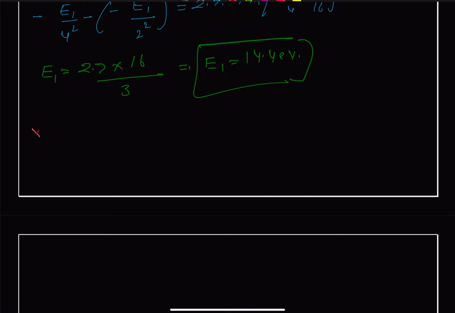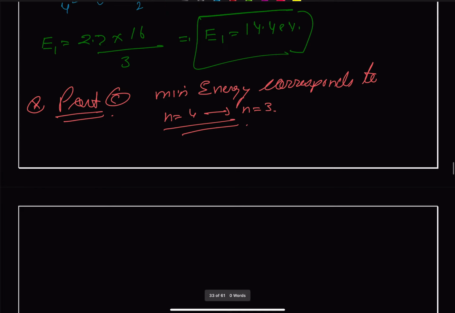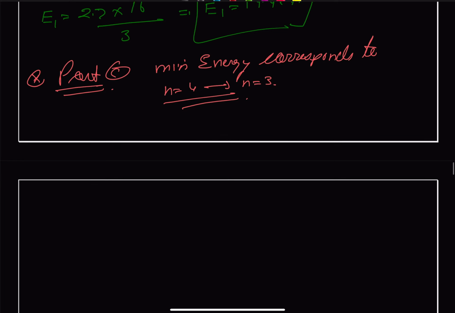So we come to part C, and we can write that our minimum energy corresponds to the transition from n equal to 4 to n equal to 3. This transition will be our minimum energy. So therefore we can write that our E minimum will be equal to